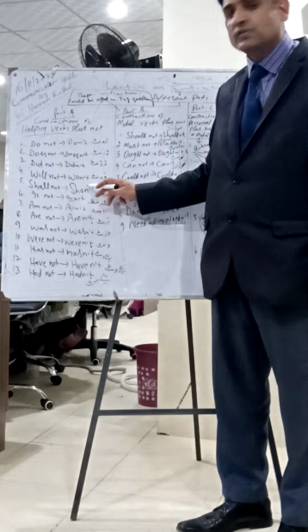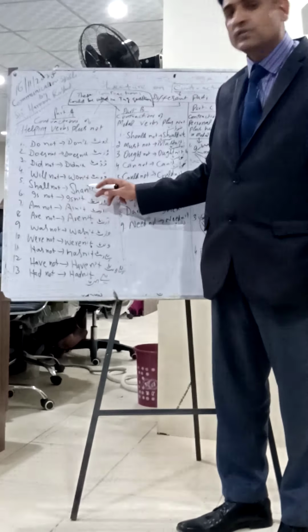So is not, isn't, am not, ain't, are not, aren't, or aren't, was not, wasn't, were not, weren't, or weren't, has not, hasn't, have not, haven't, had not, hadn't. So sometimes in very fluent English, English people don't even pronounce the t sound at the end. They pronounce the word without the t sound.